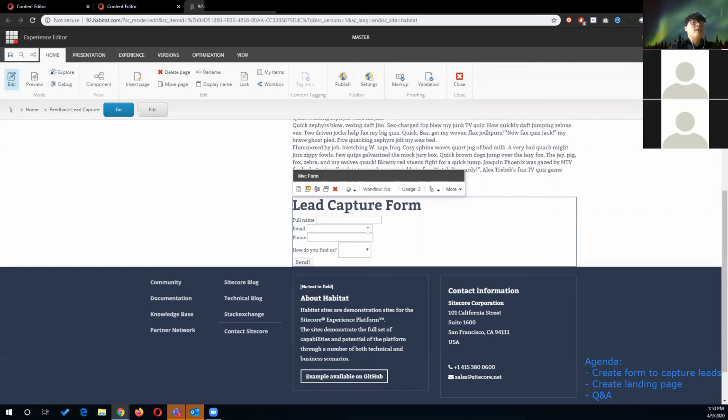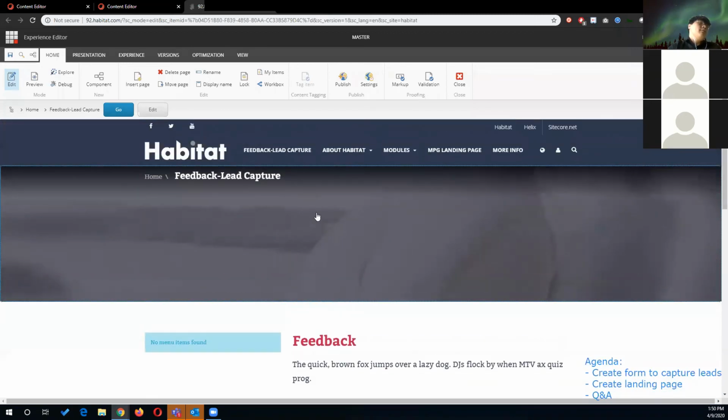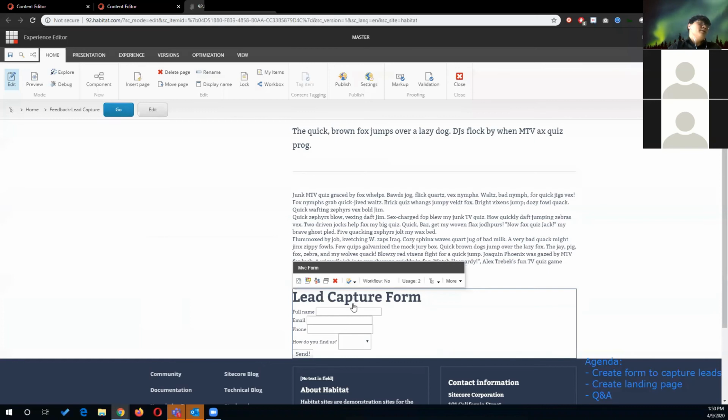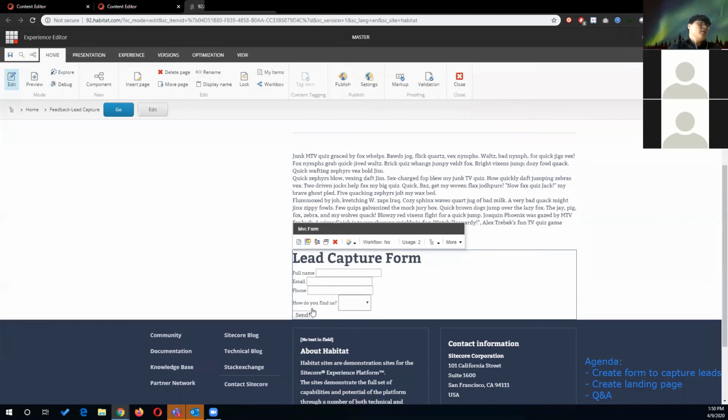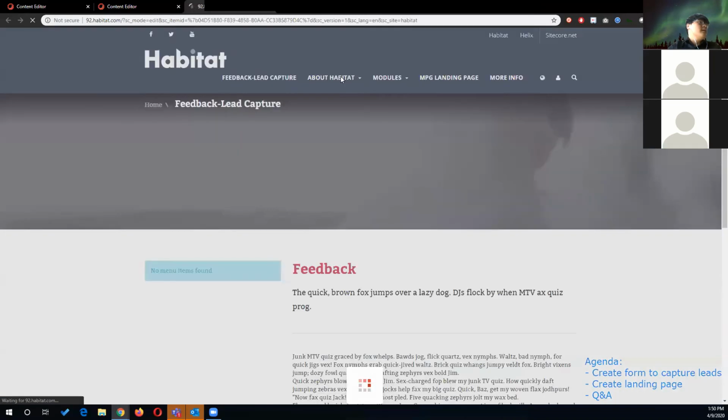So the form is not styled. Of course, as I said, it depends on your needs and your business, like branding, you may have different kinds of styling. Because we're just using a very basic form, we don't have very fancy styling right here. So this is what we will see. I will click save, and then